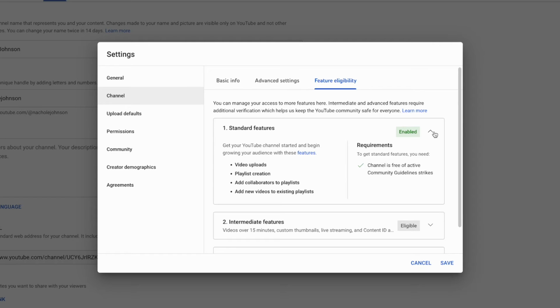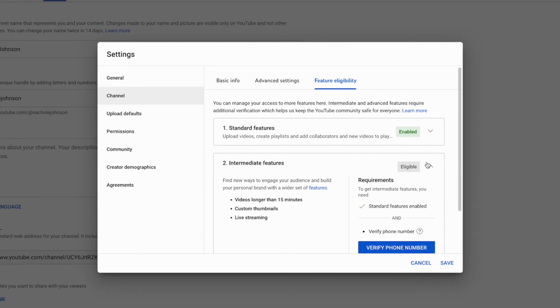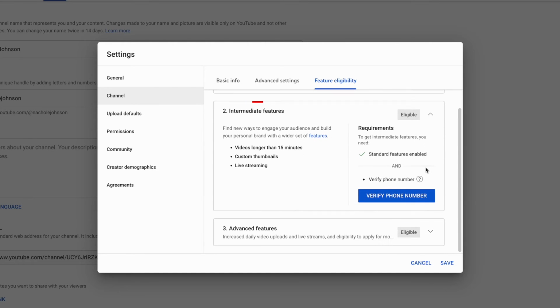So right now, you have video uploads, playlist creation, add collaborators to playlists, add new videos to existing playlists. And then right here, when we go into the intermediate and advanced, you don't have any option on actually doing that until you verify your channel with your phone number. So you want to make sure that you actually verify your channel so you can get these extra features. So with intermediate,